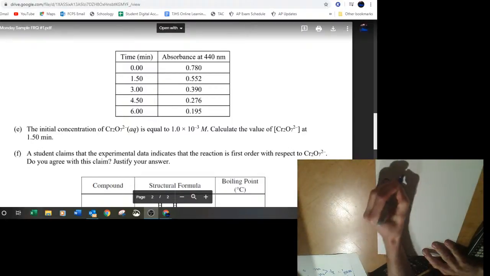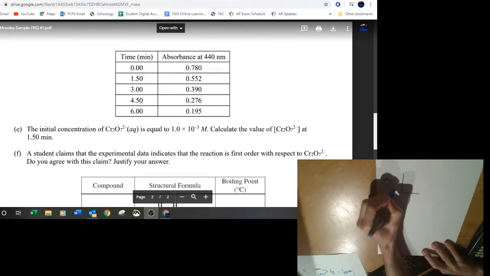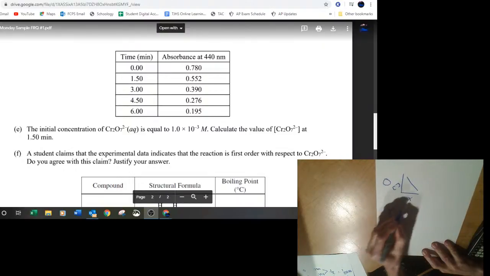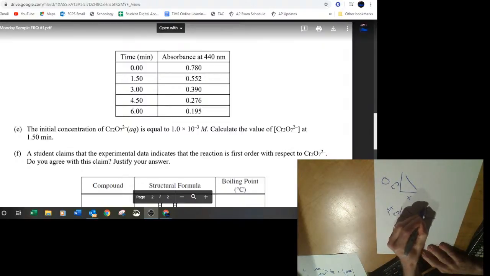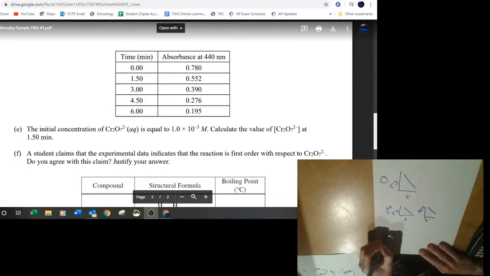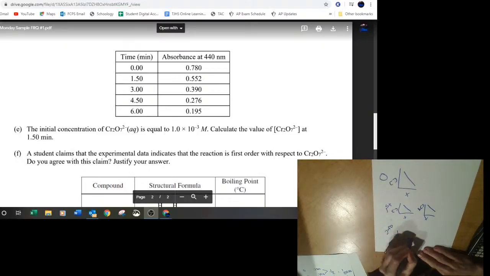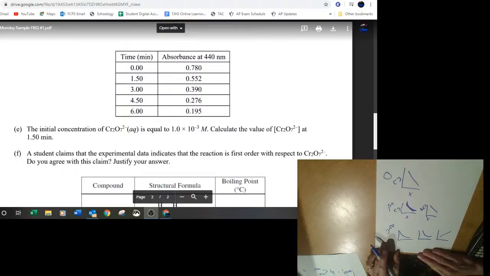Basically, if it's 0th order, if we do simply concentration versus time, it's linear. If it's first order, concentration versus time will not be linear, but natural log of concentration versus time will be. If it's second order, again, concentration versus time will not be linear, and neither will the natural log, but it'll be linear in this fashion. And then just by way of a reminder,